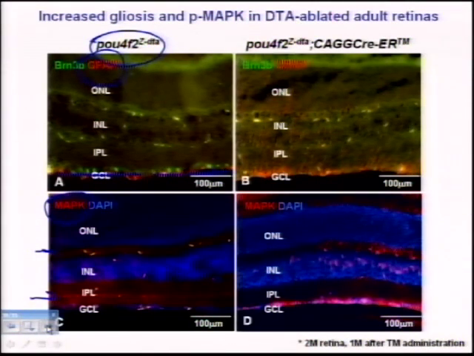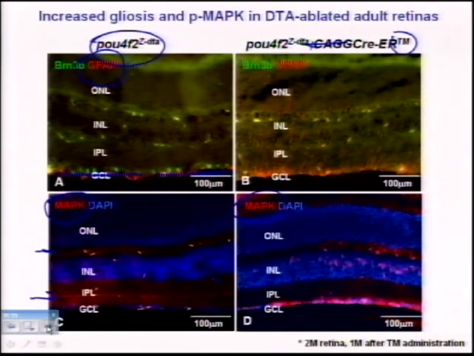But the main point here is when we destroy the ganglion cells, using the tamoxifen and activating the Cre, we see an increase in the marker for the glial cells, so the glial cells are becoming more active, and an increase in this kinase, which is also associated with gliosis. This tells us that even though the retina is still intact, we still see the layers and the cell types except for the ganglion cells, the retina is responding to the loss of the ganglion cells. So it's mimicking the animal model.